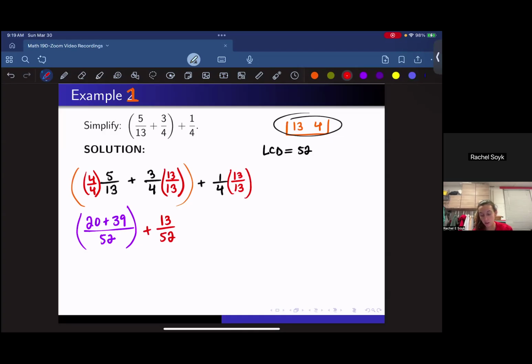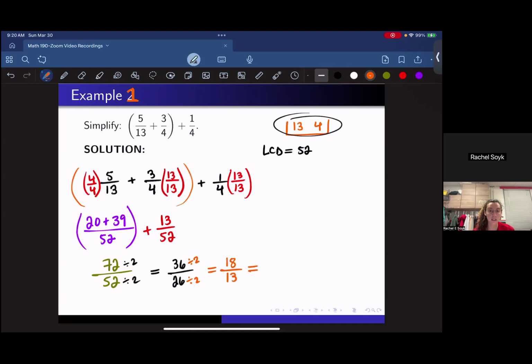Now that all the denominators are the same, we can just add the numerators. So we end up getting 20 plus 39, which is 59. And then 59 plus 13 is the same as 69 plus 3, which is just 72. So our final result is 72 over 52. But we can simplify this fraction. We can divide the top and bottom. Straight off the bat, we know that they're even numbers, so they're both divisible by 2, which means we're looking at 36 over 26. But 36 over 26 also has a factor of 2 that could be pulled out. So we're looking at 18 over 13,